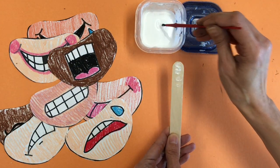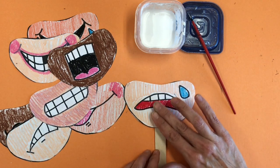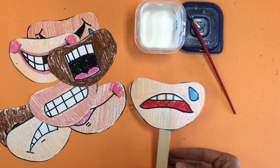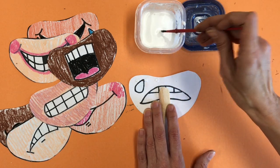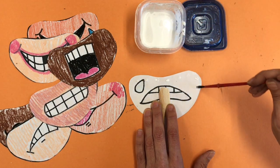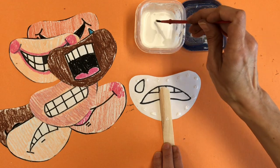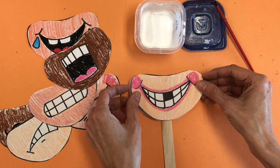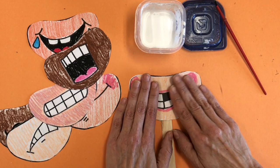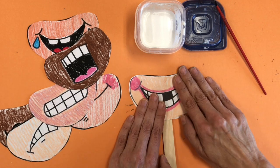All right, I'm adding a little bit of glue to the top of my popsicle stick and very slowly and gently tapping the face in place. Don't massage it because you might smear your oil pastels or crayons. Now I'm going to put glue around the edges. Notice that when I put glue around the edges, I don't put any glue in the middle, just around the edges and a little bit up the stick. I'm going to take another one, press it gently on top, and let my fingers do a little bit of a tap dance so that the glue has enough grab time. I'm going to do that to the rest of these so I have so many different silly faces and emotions